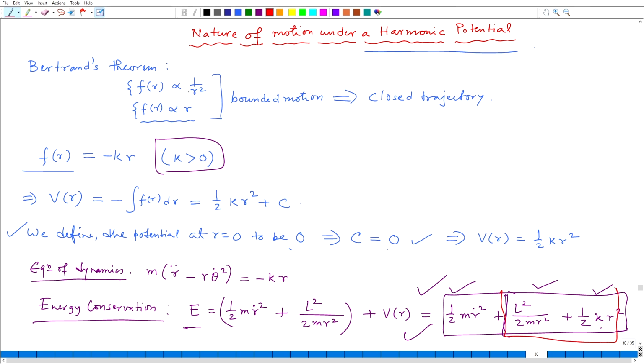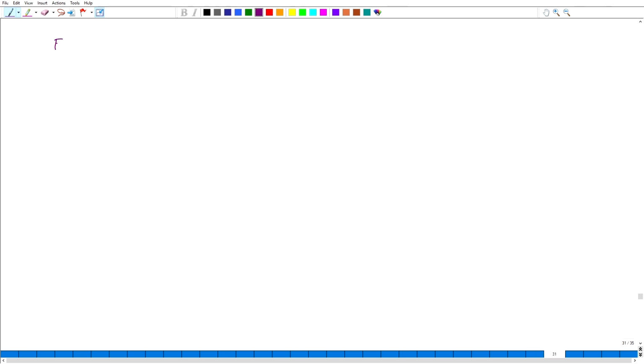I take red, this part is the effective potential part and this part is the effective kinetic energy part. So, I just write this thing is equal to half m r dot square plus L square by 2 m r square plus half k r square. My first question is, can we draw